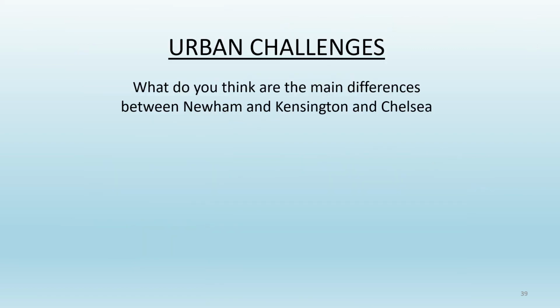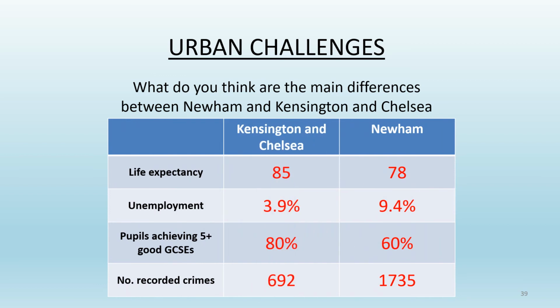When we look at the specific differences in Newham, Kensington and Chelsea, we can see them here. The life expectancy is significantly different, significant by 7 years. You are more likely to live 7 years longer in Kensington and Chelsea than you are in Newham. Also, nearly 10% of people are unemployed in Newham compared to only 4% in Kensington and Chelsea, and that is